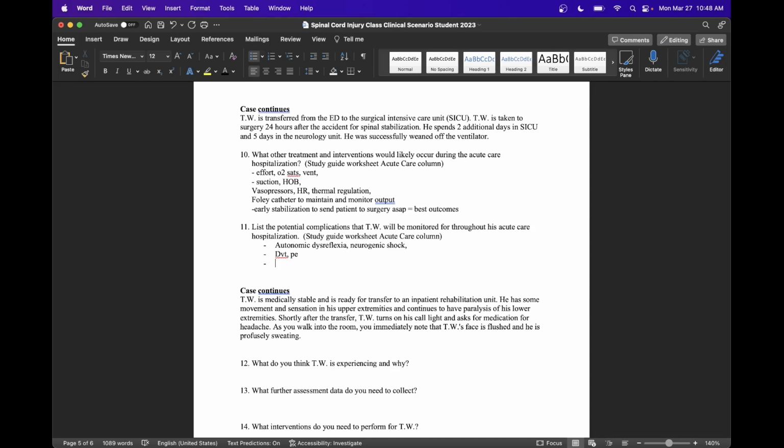Okay, so there's a lot going on with this patient, yes? During their acute care. How do you promote that respiratory function, that oxygenation? Yes, the vent, we already talked about that. Well, when they're off the vent. So incentive spirometer, head of the bed elevated, cough and deep breathe. If they have a weak cough,